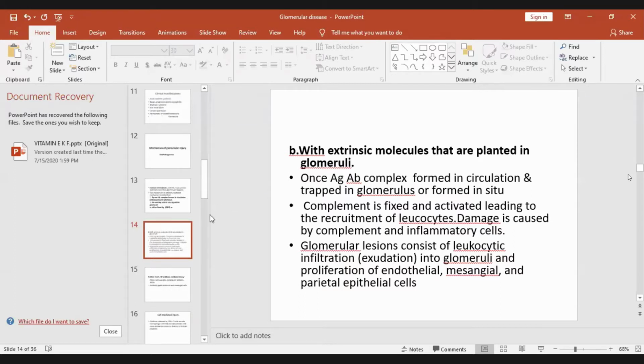So this is the antibody-mediated mechanism of glomerular injury. One is immune complex formation deposited from circulation. The other is immune complex formed in the glomerulus, either by antibody to an intrinsic component of the glomerulus, or to an antigen which is fixed from outside. That is extrinsic antigen, which I told you can be part of virus, bacteria, parasite, or DNA. So all these are the immune mechanisms of glomerular injury.